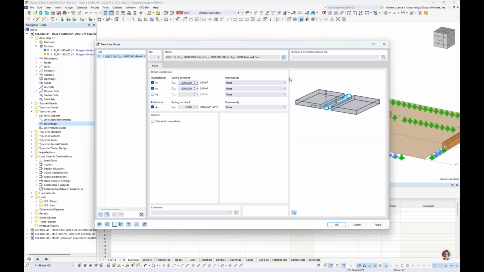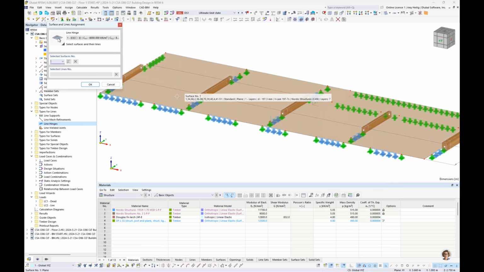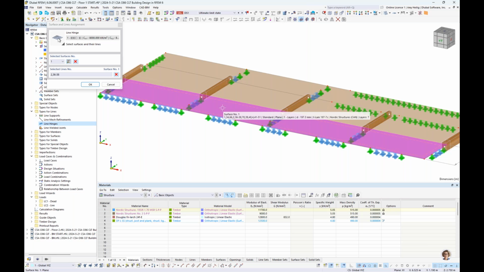Now, once we have defined this specific definition type, we would need to actually apply it to the model. So we can do so by initially clicking on our surface, and then my second click is going to be the line elements themselves that I want to apply this line hinge. So when I complete the first surface, we'll go ahead and choose the option over here to add a new